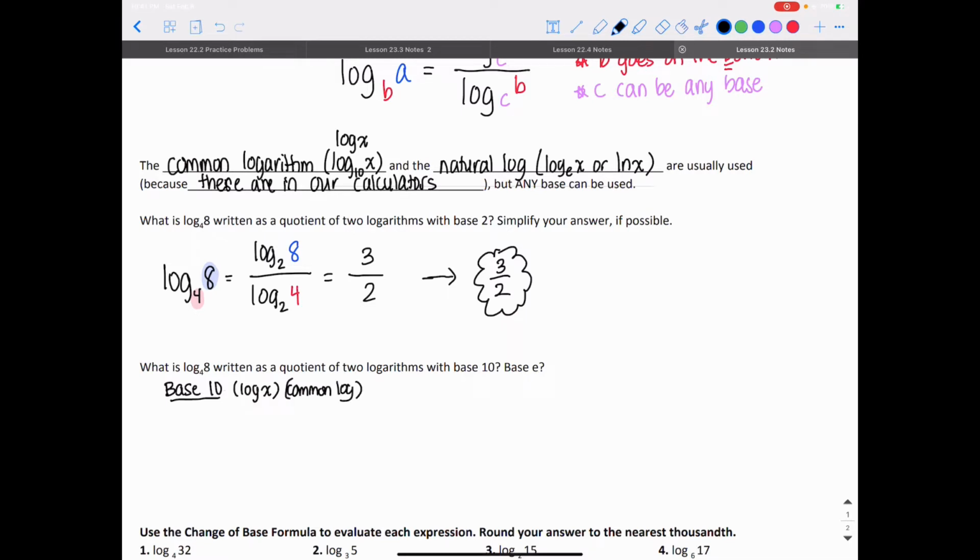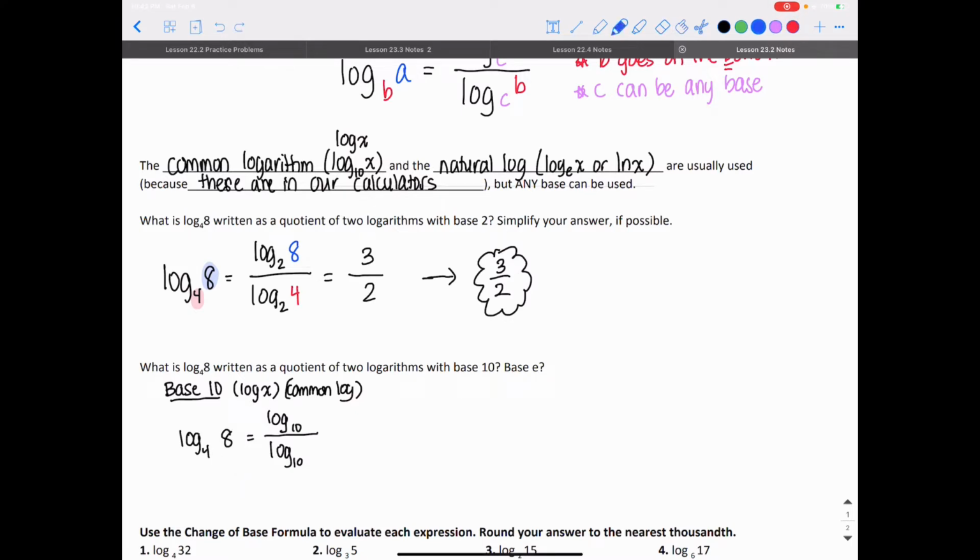I have log base 4 of 8 is equal to, I want to convert to log base 10. So I'm doing log base 10 in the top and the bottom of my quotient. I am going to have 8, my answer,